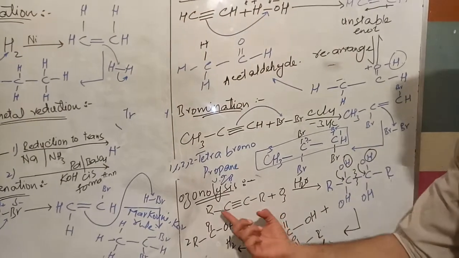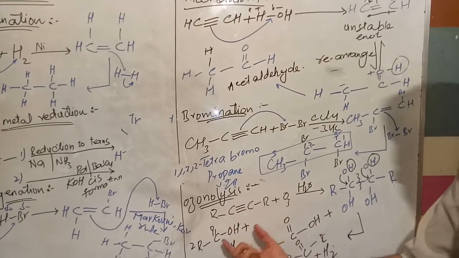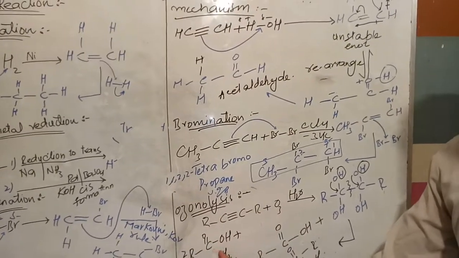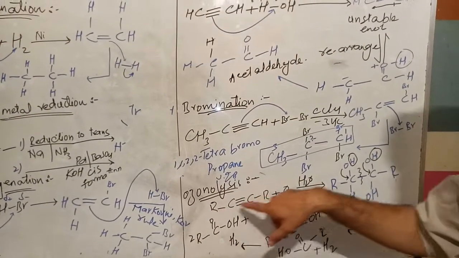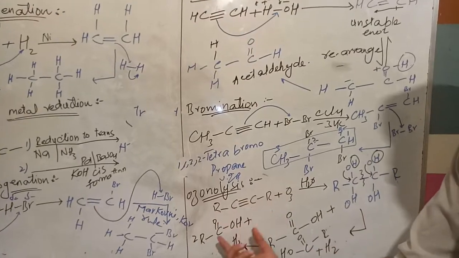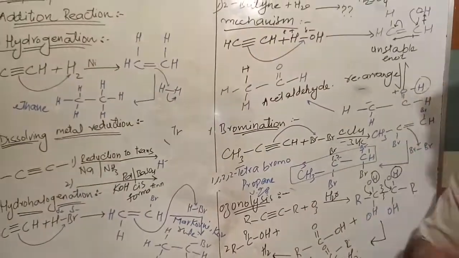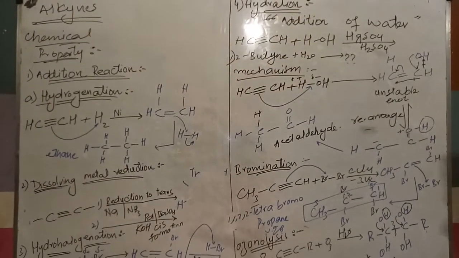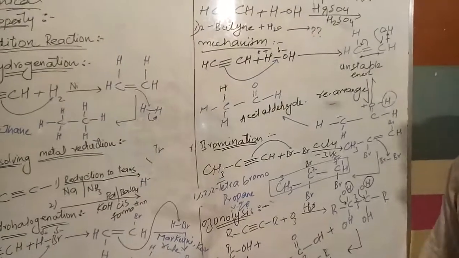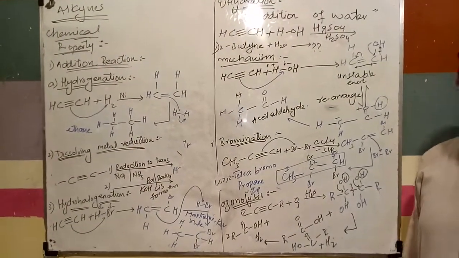Also try at home, using different kinds of alkyl, and watch what kind of acid you can prepare. Try different alkyl like methyl, like ethyl, different kinds of alkyl to make different kinds of acids. So this is the end of our topic alkynes. Hope you can understand all of these reactions carefully. Listen carefully, and try to practice each reaction individually. Allah Hafiz. Thank you.